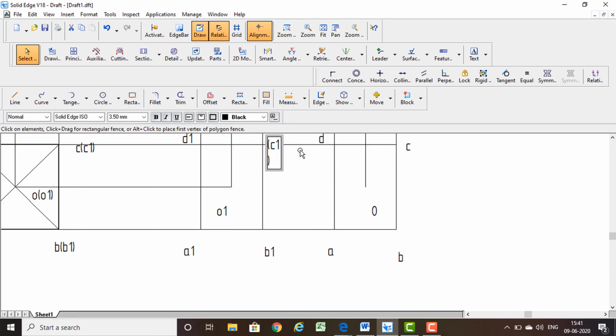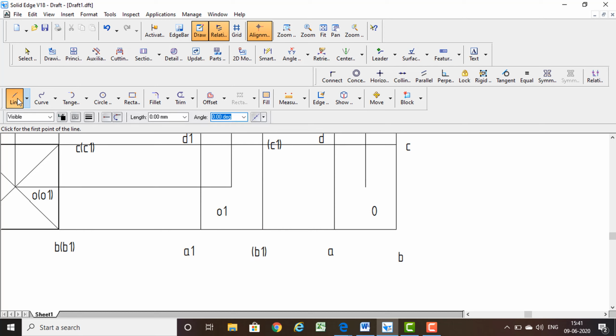C1 is also not visible, invisible, and also this B1 is also invisible. So therefore I am going to represent it in the parenthesis. For the next step, the lines which are going from these two corners will be invisible.